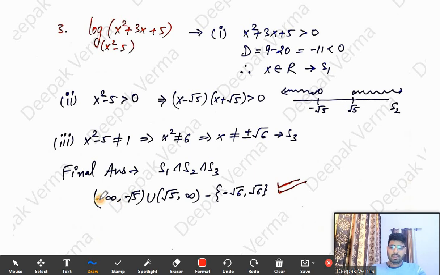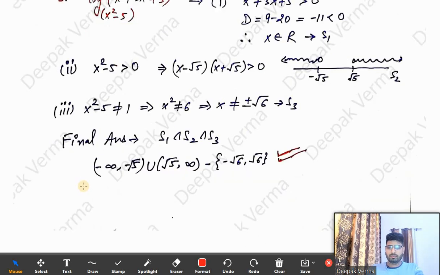We will get minus infinity to minus root 5, union root 5 to infinity. We can plot it on a common number line if you want more clarity. I can show you. Look,